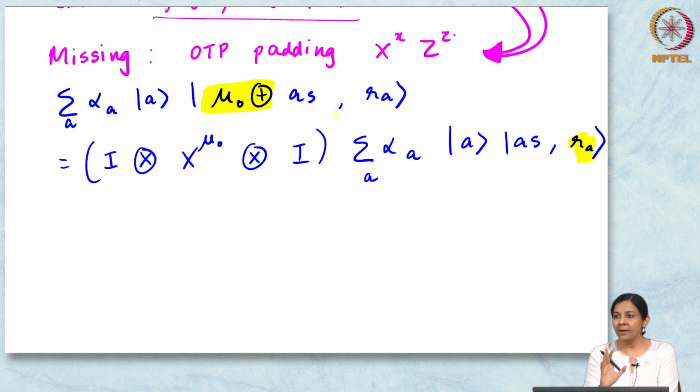So, I am just rewriting it in terms of an X operator and now I am making this form of the state look even closer to what I wanted, right. So, this mu 0 XOR thing I removed it and made it an X operator which I wanted. Now, I have these R's hanging around and I want to also remove them from the state and instead get some Z operators, right. So, it turns out that you can get that by performing a Hadamard and taking a measurement.